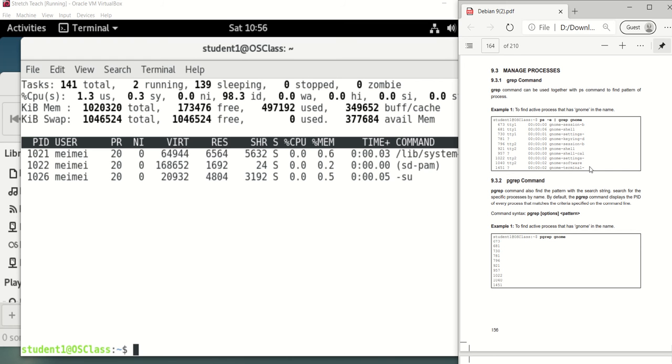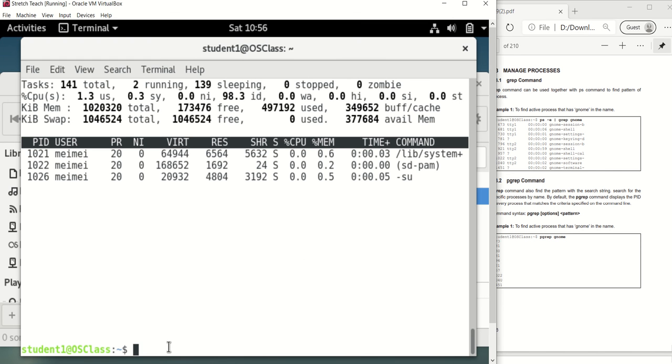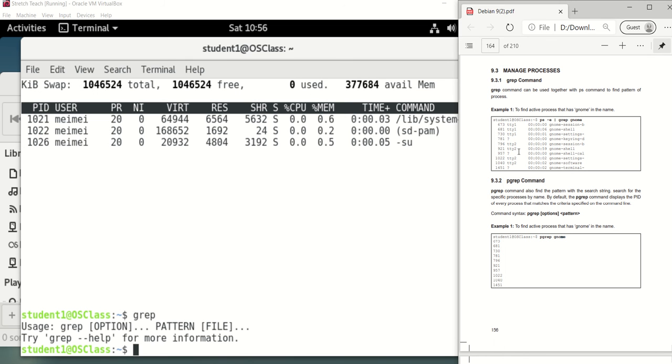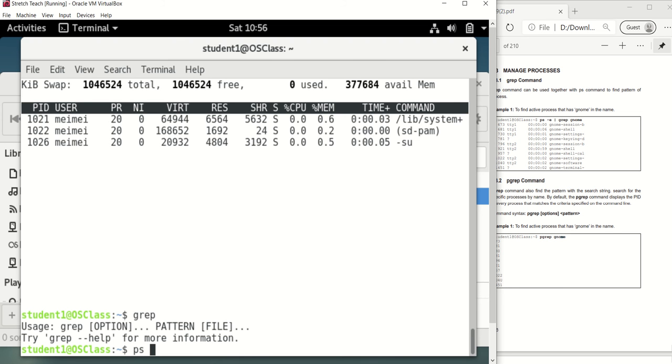Okay, now we are at 9.3, manage process. First, we can use the grep command. It's part of the command to find active processes that have genome in the name. ps -e is the command to show all processes, but we only want to see